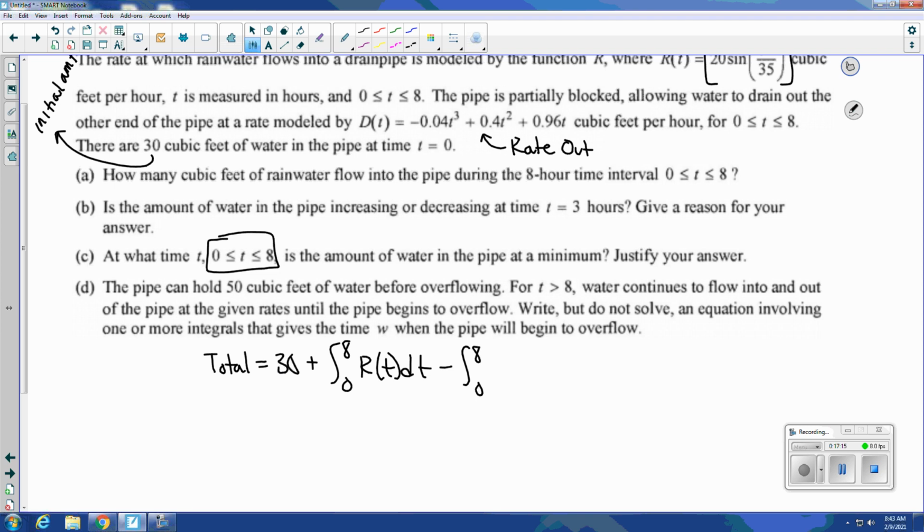So actually, let's change this. We want to know when this thing's going to reach